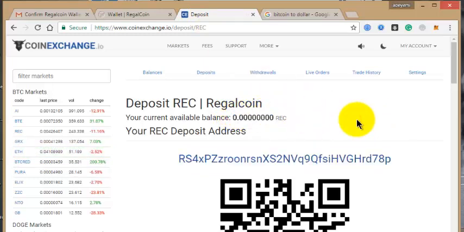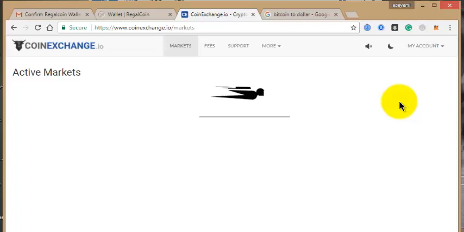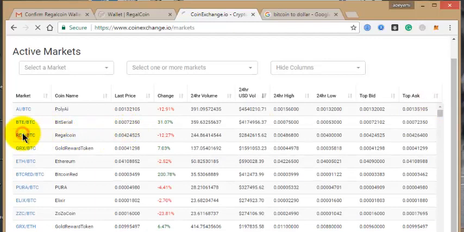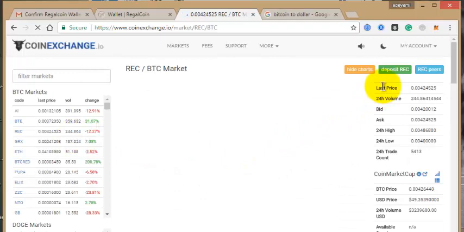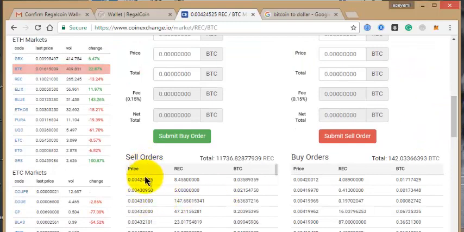Once you withdraw from the rec account, you have your balance here. So now to convert it to Bitcoin, it is the same thing we did the other time. If you want to convert your regular coin to Bitcoin, you just need to go to markets. This thing is very simple. You just need to go to markets, then you see rec. This is regular coin REC versus BTC. Once you are there, you scroll down, then you want to sell your regular coin to Bitcoin. The same thing you do, click on sell price.